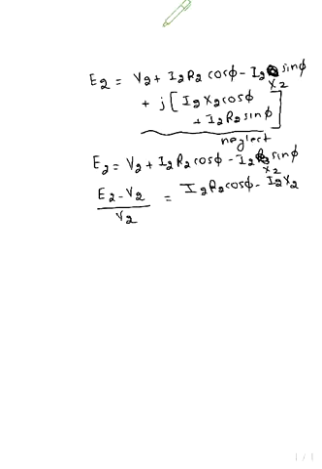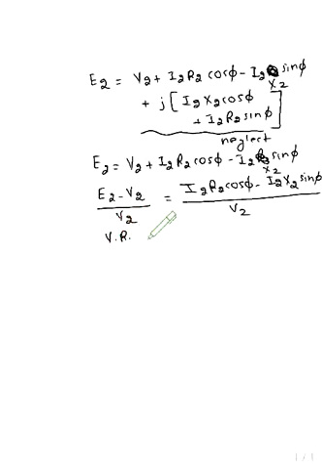Here the value is X2, not R2; here also the X2 value. So I2 X2 sin phi